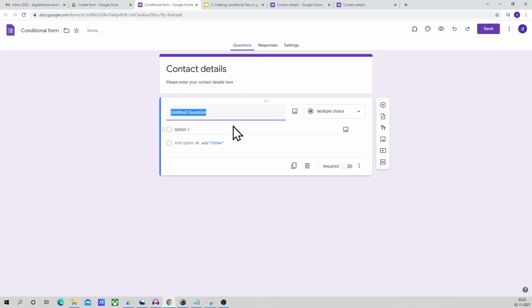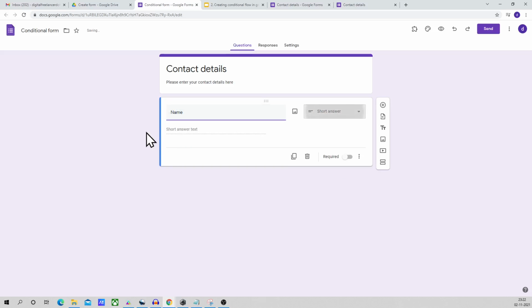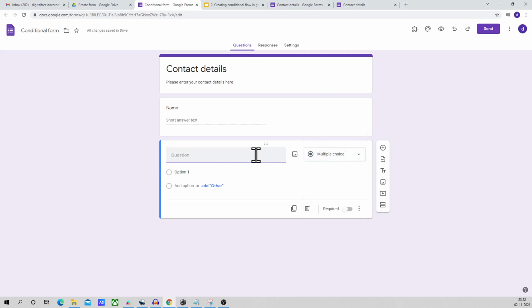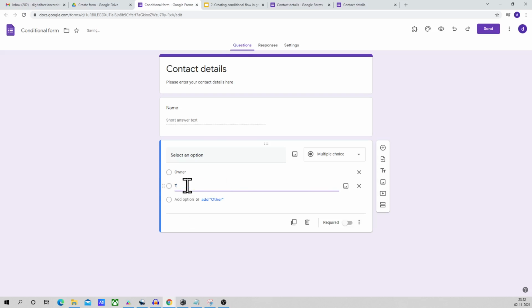So first thing is we're going to collect the name of the person. Google decided that will be short answer. Then we go to next and we select multiple choice, and so we'll say owner, or we can say tenant. Or to be more specific, I am an owner,